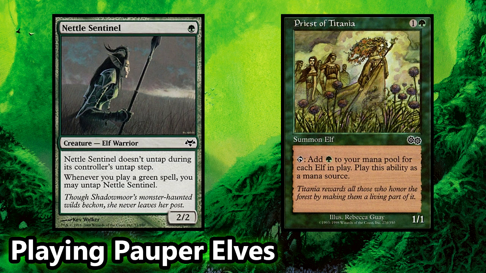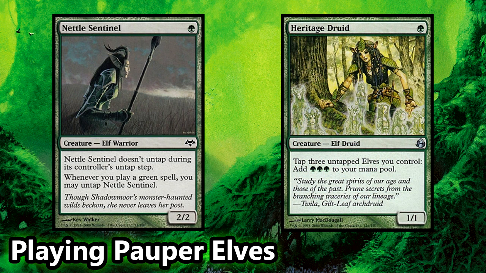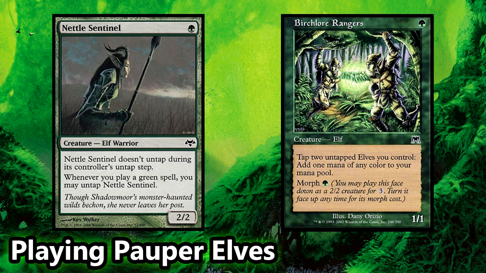Priest of Titania is hands down the best common elf for mana production, as a single priest can produce a ton of mana on its own. Nettle Sentinel, a mainstay in both modern and Pauper Elf builds, is used in conjunction in the modern version with Heritage Druid to produce a ton of mana to play your other elves. But this is Pauper, we don't have Heritage Druid. Instead, we run Birchlore Rangers, who does a very similar job, but for 1 elf less and makes 2 mana less. This is our main combo, as 2 Nettle Sentinels with a Birchlore Ranger can continuously produce mana for 1-drop